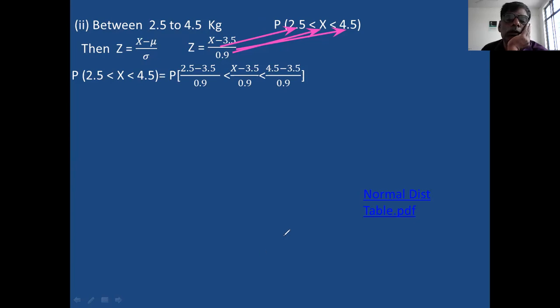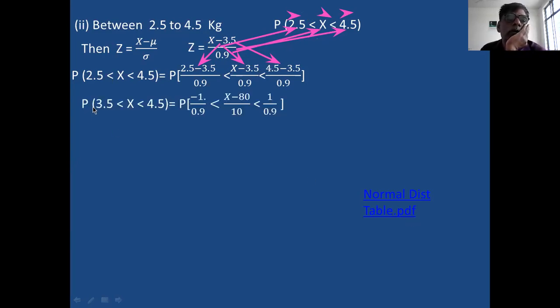How to write the equation? This equation here, this equation here, the same equation here. In place of X, you write the number. This is the first number, this is the second number, and this is the third number. In place of X, you write the number and then solve the problem.